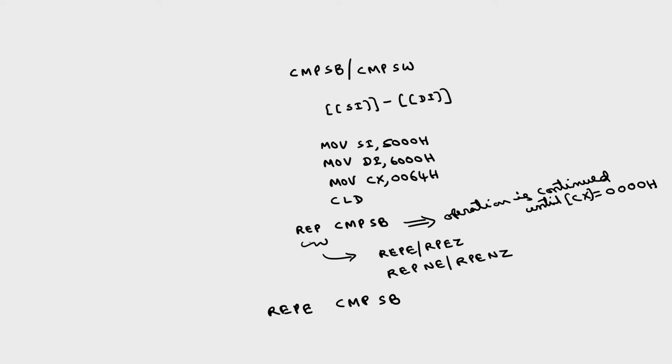One condition is until CX is equal to 0, which is implied, so the operation is continued until CX is equal to 0, same as the repeat prefix,